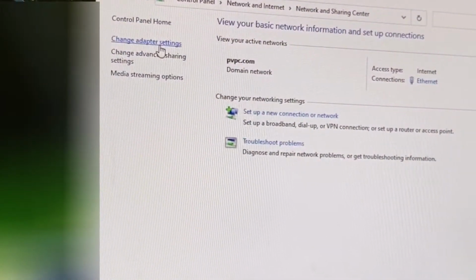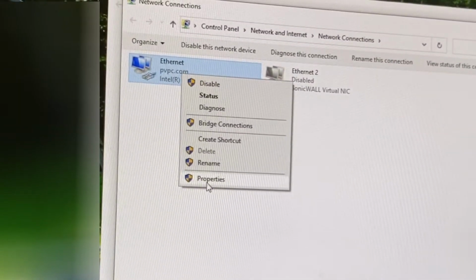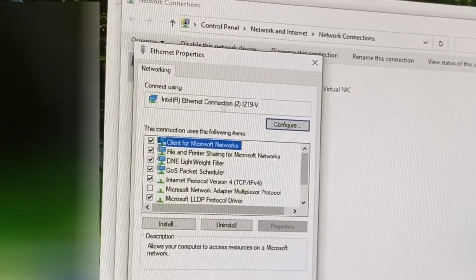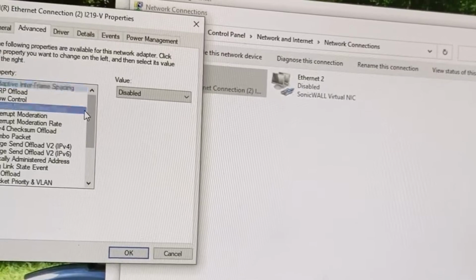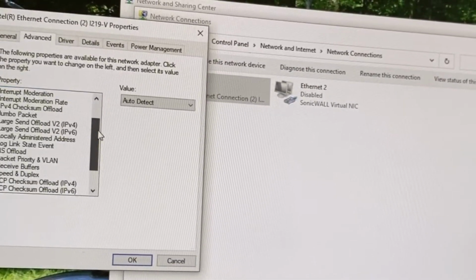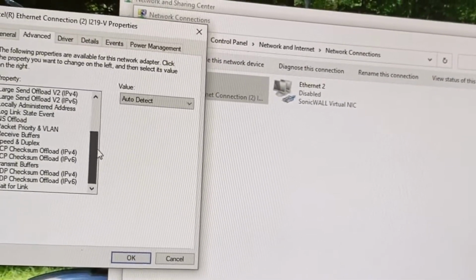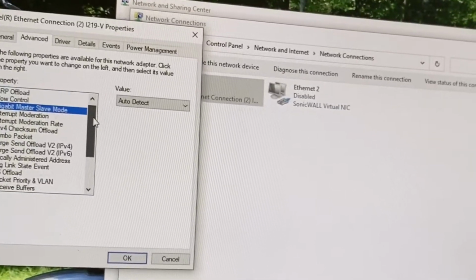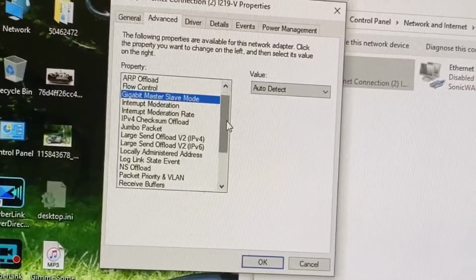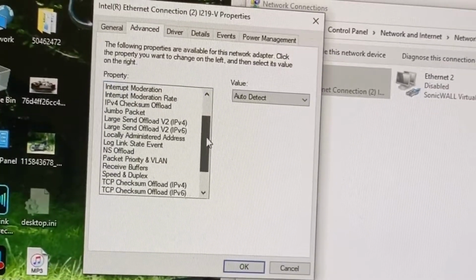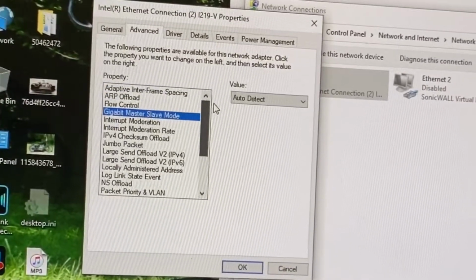So the first thing we're going to do is go into the properties of the network card and click on configure. And then we're going to go to advanced, and as you can see on this machine that I have here, the energy efficient option is not in here. It's not under power management or anything like that. The speed and duplex is here,